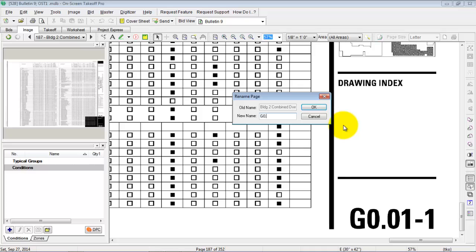G0.01 hyphen 1. Wow, wasn't that fun? And then what I like to do is, you see up here where it says drawing index, I usually go one space or two spaces, but I try to keep them consistent. One, two spaces, and then type in